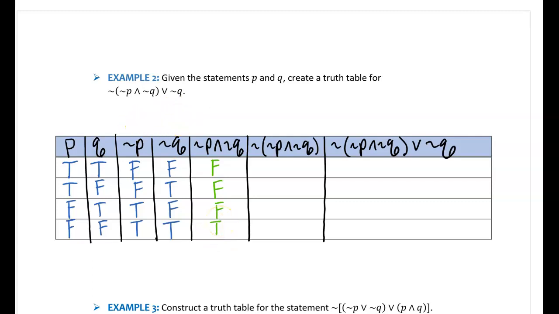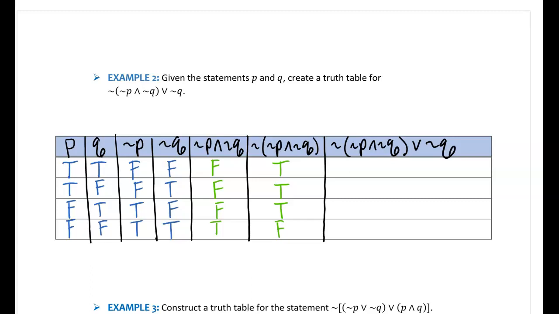To find the truth values of the negation of not P and not Q, I'm looking at the column that has the arrow above it and taking the opposite truth values. So I would have true, true, true, false.